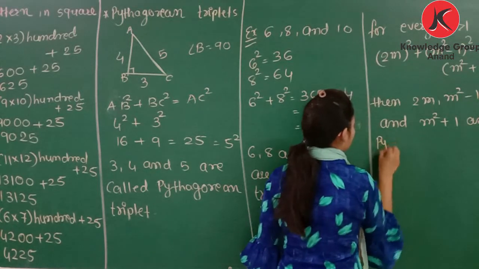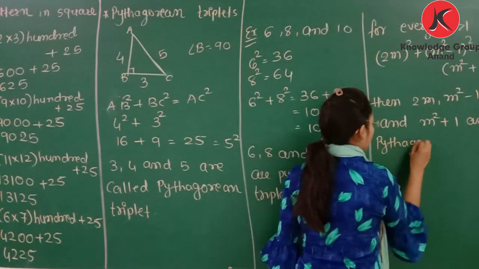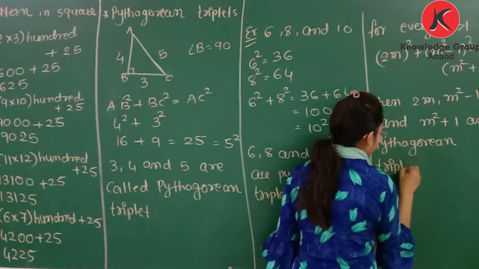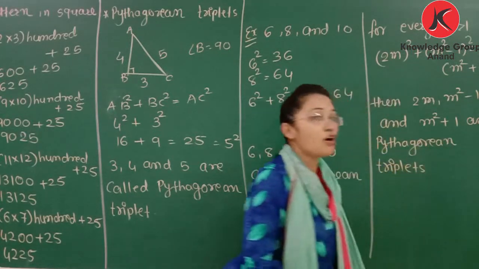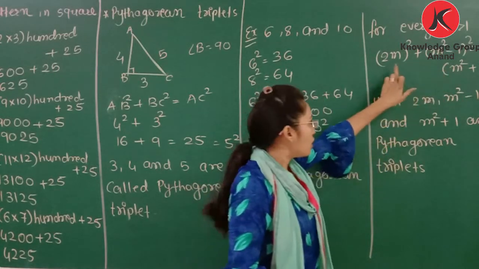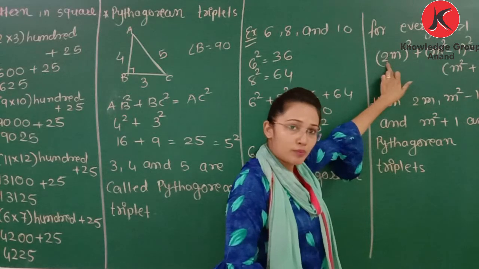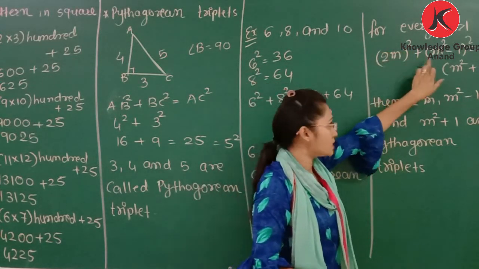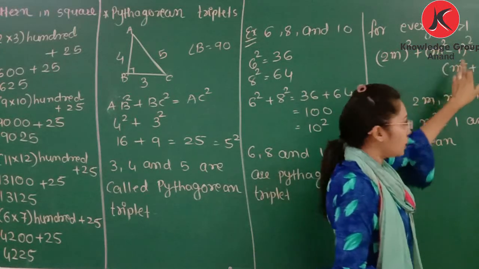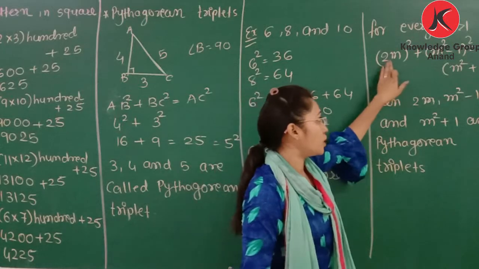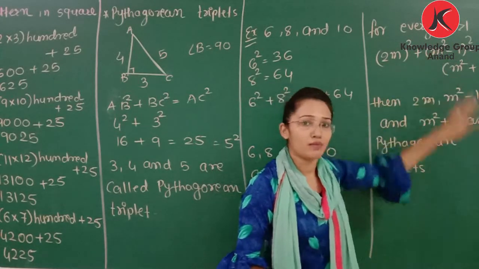If this condition is satisfied, then 2n, n square minus 1 and n square plus 1 are Pythagorean triplets. For every number, if this condition is satisfied, we will use these three numbers 2n, n square minus 1 and n square plus 1 to